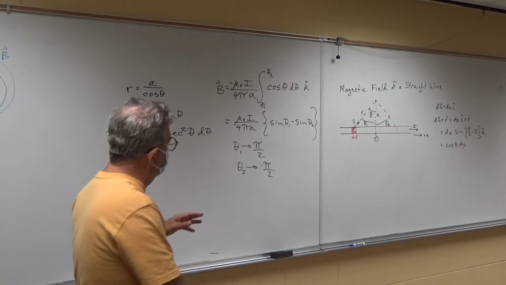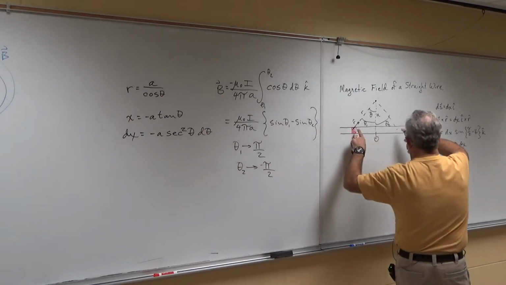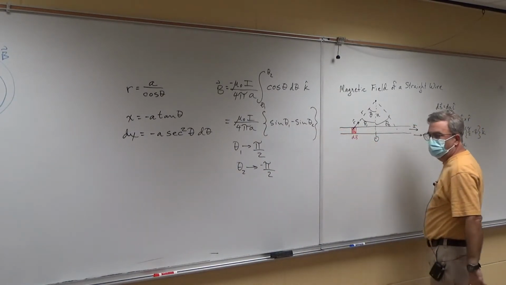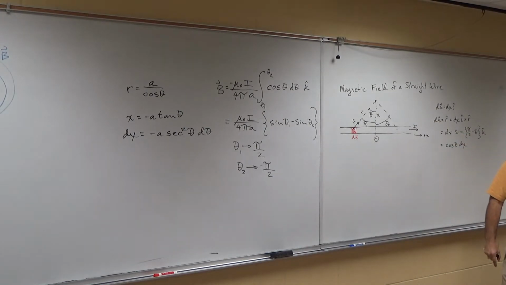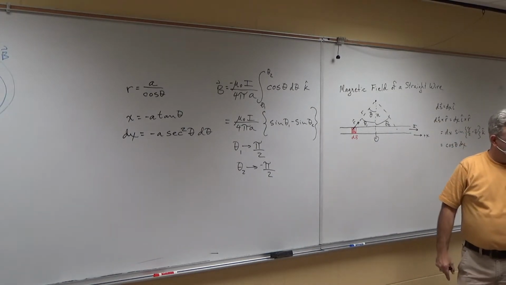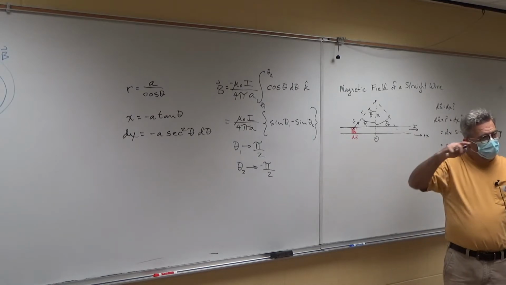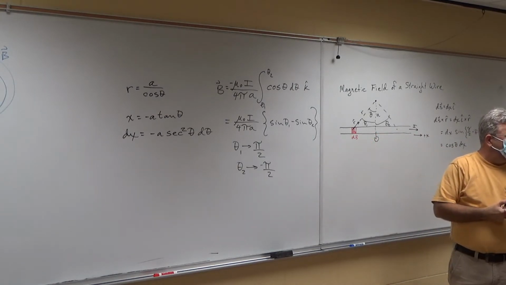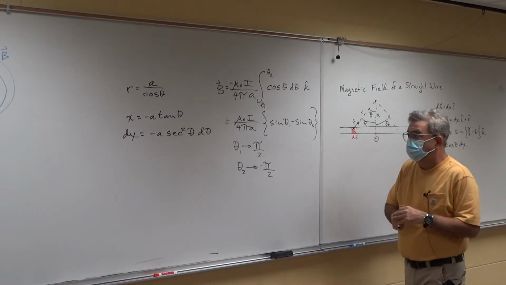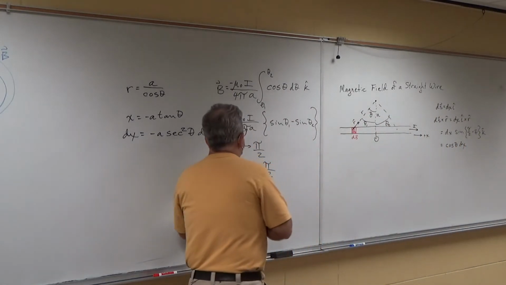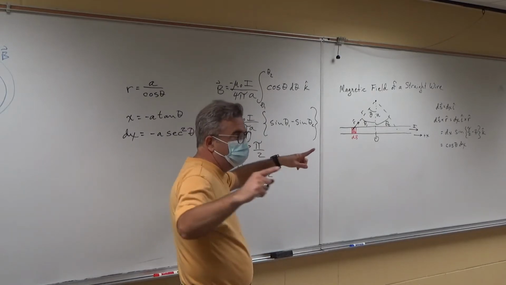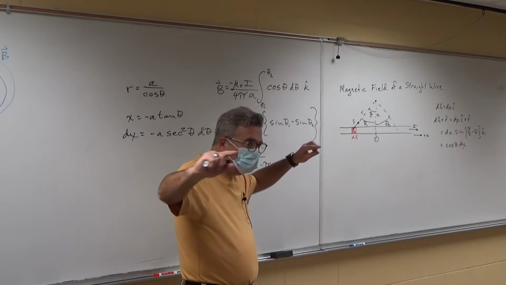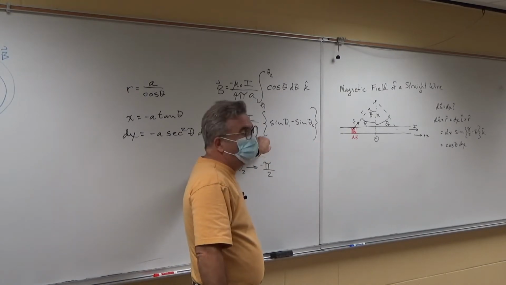So I'm letting these get longer and longer and longer. I'm looking at that limiting case where the wire gets longer and longer. So this is an approximation. It's a good approximation if a is very, very small compared to the length of the wire. So if you have a very long straight wire and you're close to it,